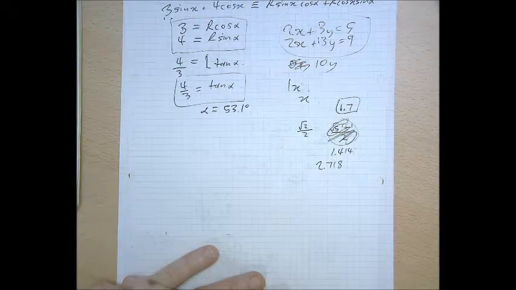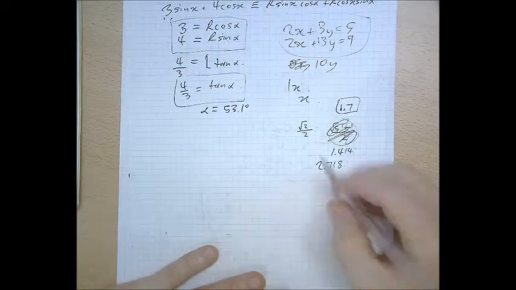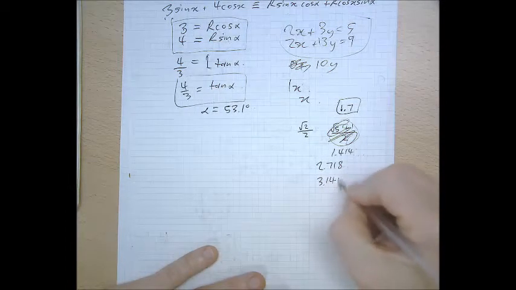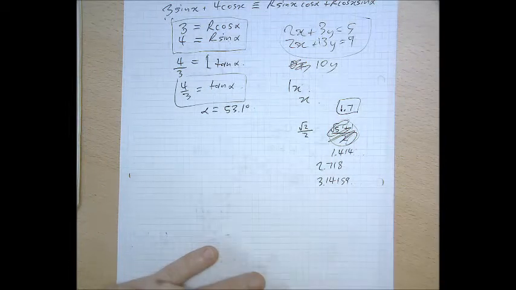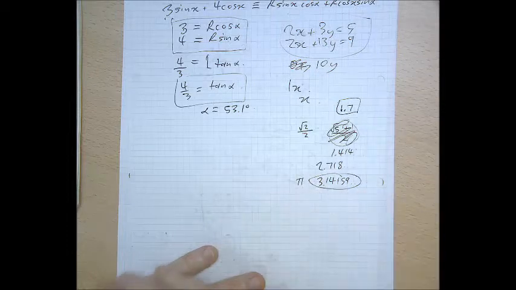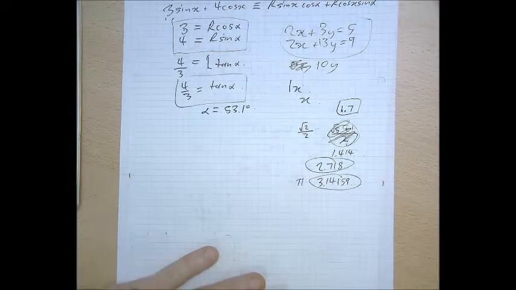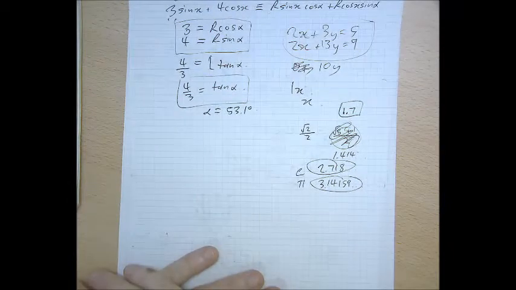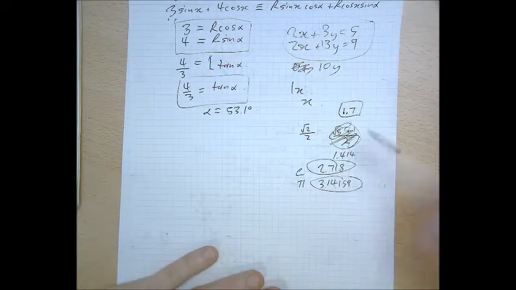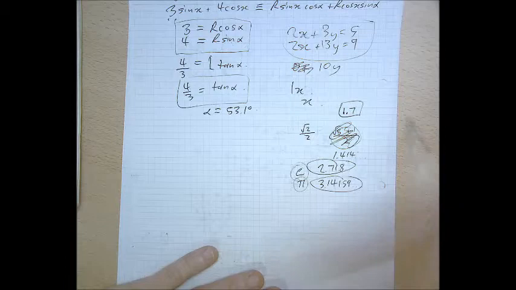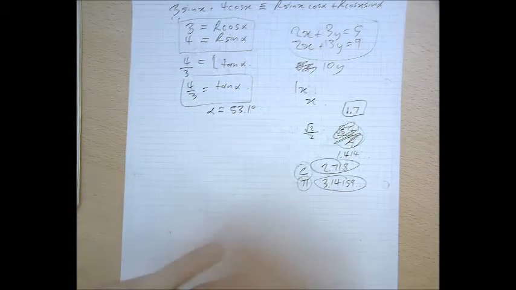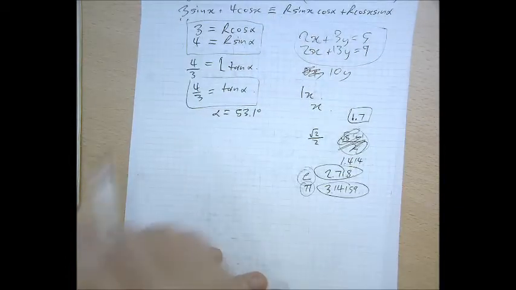Root 5? Root 10? No, that's pi. And that's e. This is totally demonstrating my point. Certain famous decimals you're so used to seeing in their exact form that you forget what the decimals are. That's why I'm going to recommend doing this question again, but this time eliminating